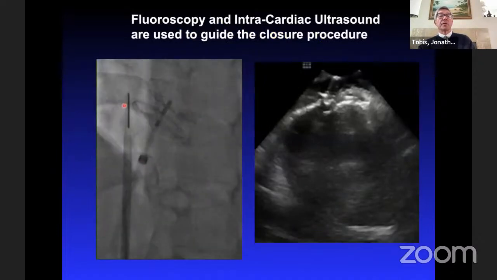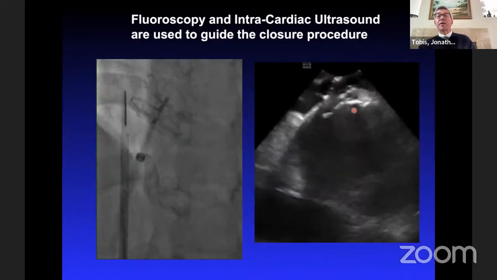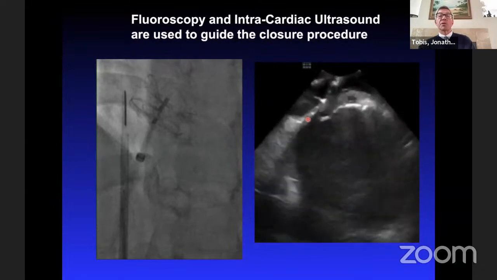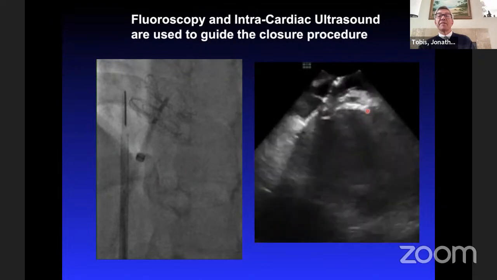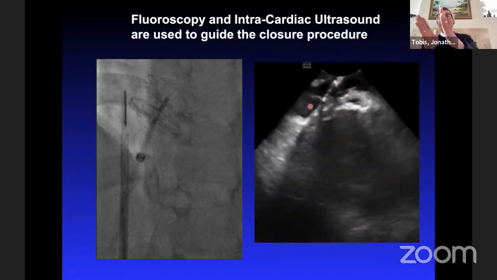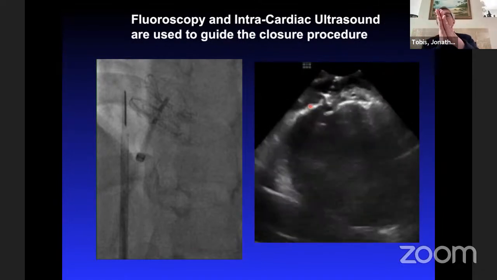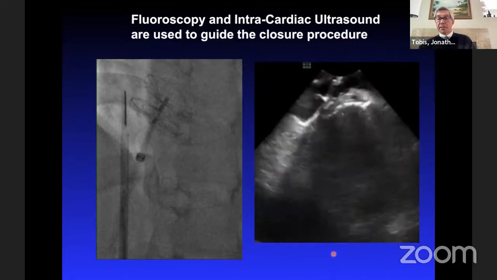Here's the intracardiac echo. This is the cardioform device. This is the left atrium. This is the right atrial disc. This is the plane of the PFO. And then by intracardiac echo, here you have the interatrial septum across here. Septum secundum is thicker, septum primum is thinner. The left atrial disc on the left atrial side, the right atrial disc on the right atrial side. You basically, like Pac-Man, sandwich the atrial septum and then release the device to close it.